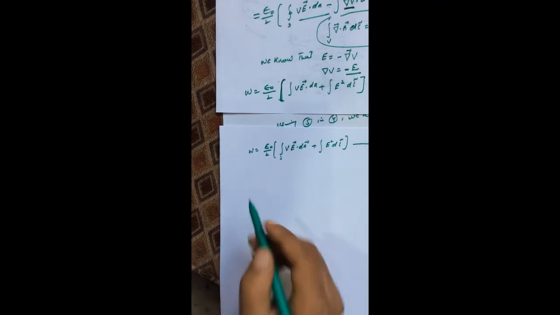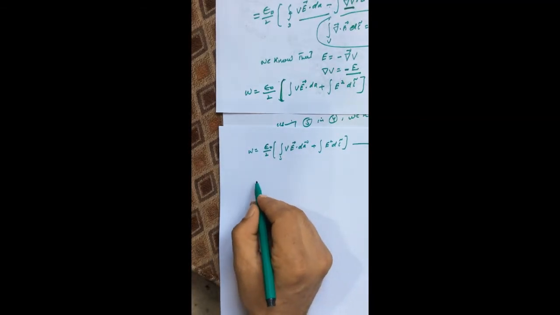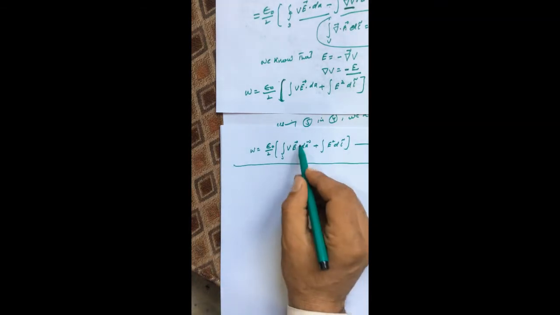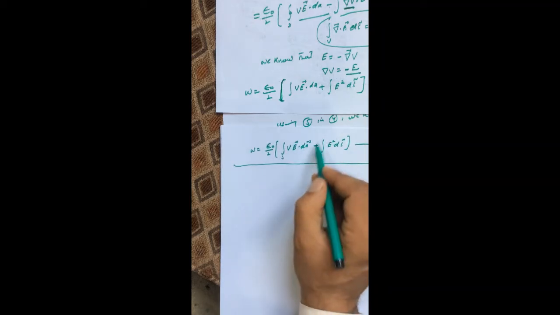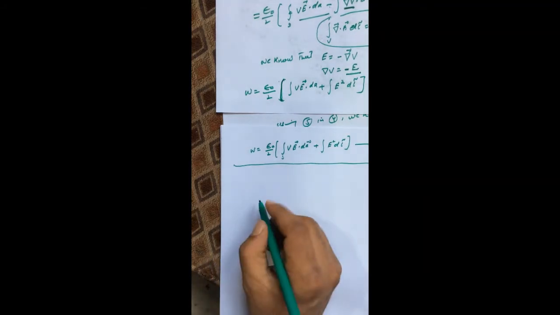So for that I will consider my initial equation, which is the final expression. Here I will prove that this term is zero. It is approximately equal to 0. So we are left only with this term. I will prove that now by using the theory.